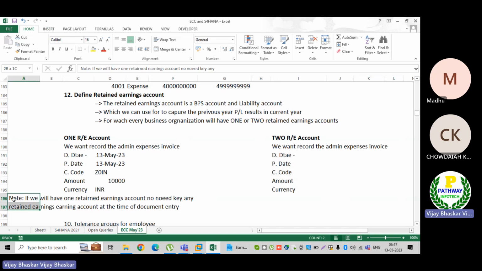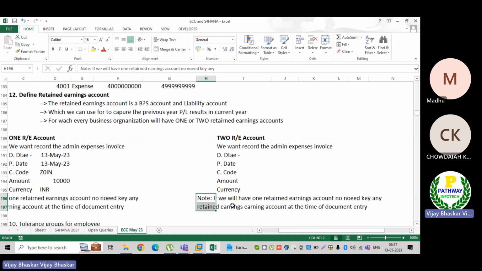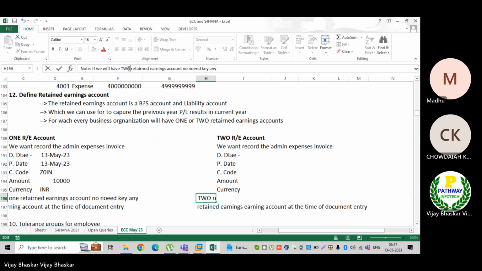If I have two retained earnings accounts, I must instruct the system to which retained earnings account the information needs to pass. Understand, this is an interview question also. If we have two retained earnings accounts, then we must specify,